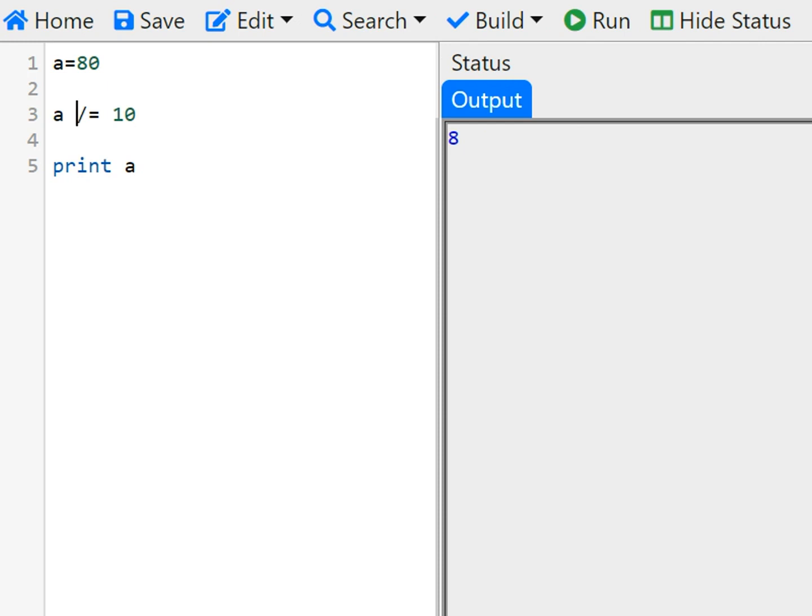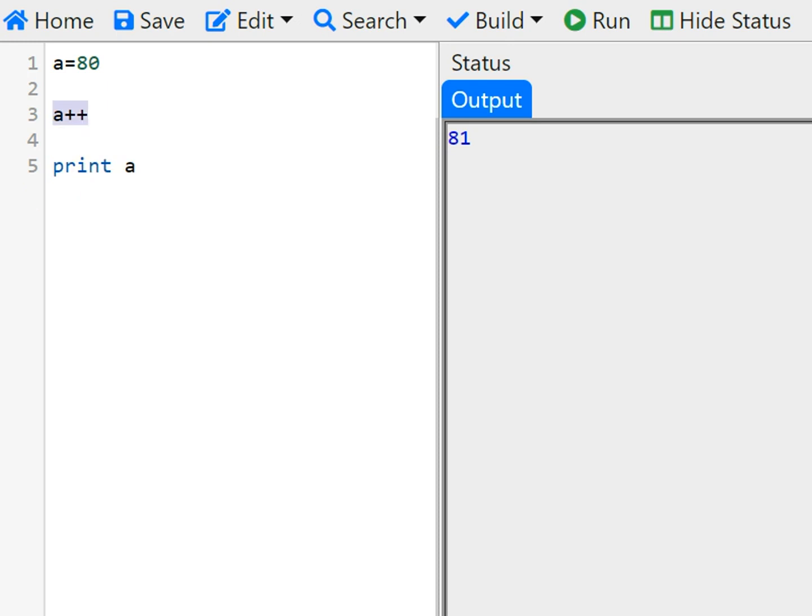Say you want to just increment it by 1, so it becomes 81. There is an even shorter method to do this, which is called the a plus plus operator. When you do a plus plus, it increments whatever value is in a. When we run this, now it becomes 81. If you look at it, this is the same as a plus equal to 1, which is the same as a equal to a plus 1. All three statements are exactly the same, but this is a shorthand way of doing it.